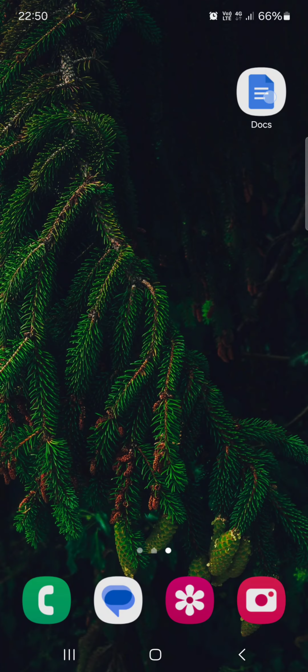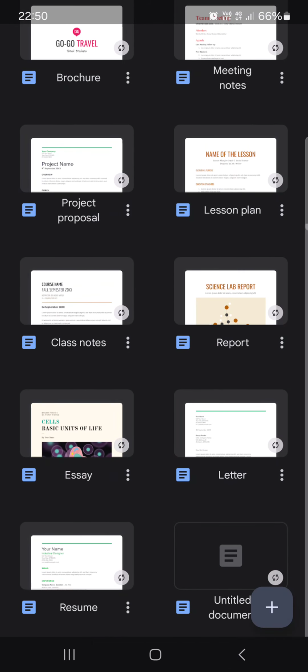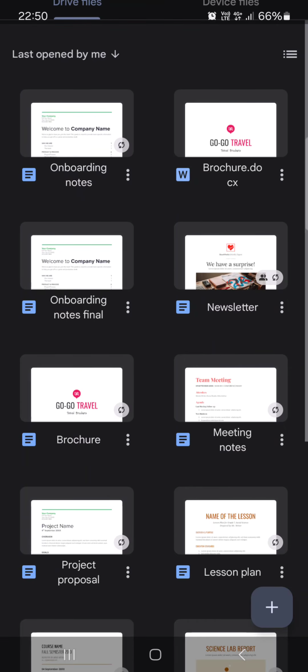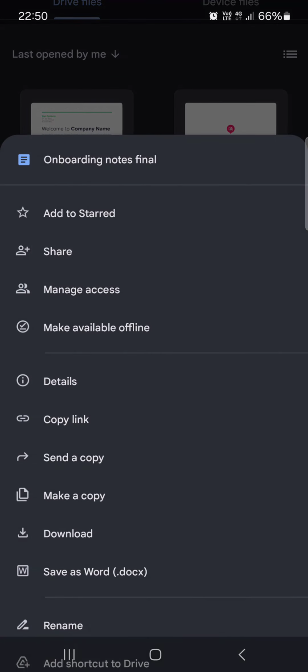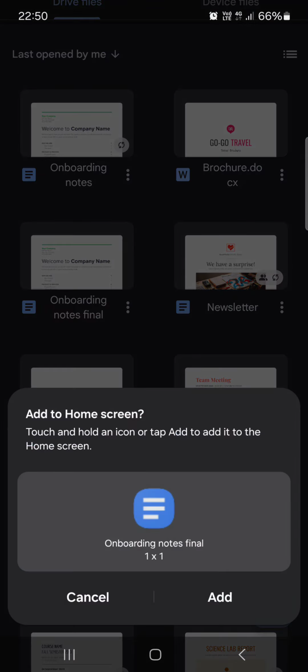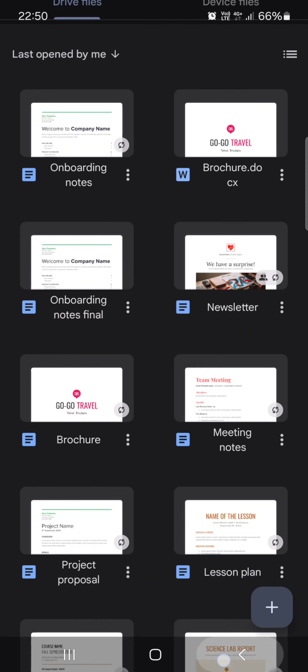First we have to open up the Google Docs app. And here it opens up in Drive files where we have our documents. From here we just tap on the three dots next to the document's name that we want to add to home screen. Then scroll down. And at the bottom we find add to home screen. Tap on this. Here we will have a widget, and if you tap on add, the